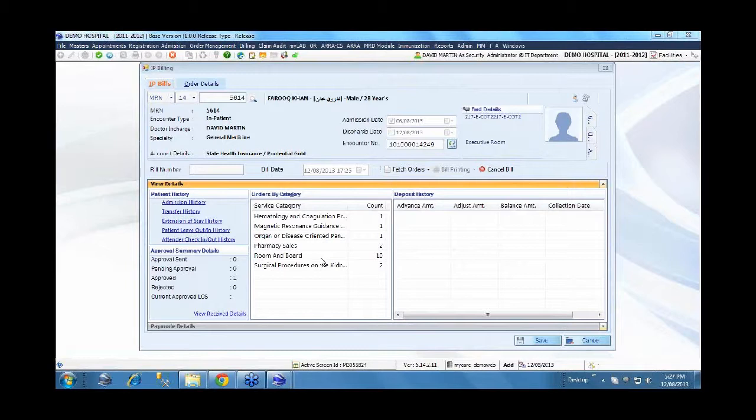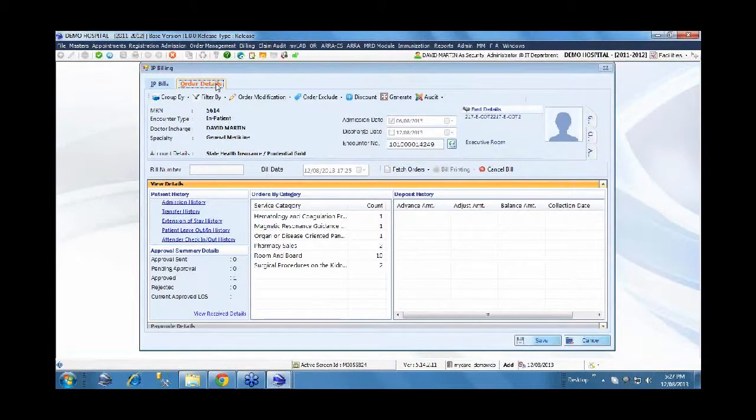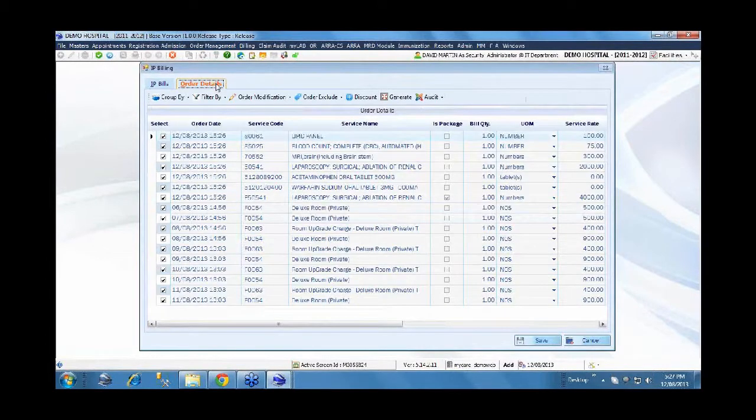The patient got admitted say 10 days before, and the various charges captured against the patient are shown here as a summary. The hematology and coagulation, one service, there is an MRI category, one service, and so on. There are 2 medication orders and room and board for 10 days. Individual order details for each of these categories you can view under the order details. We have the provision to generate a bill for the entire encounter, and we also have a provision for a partial bill for long staying patients. The patient is staying for 6 months or so.